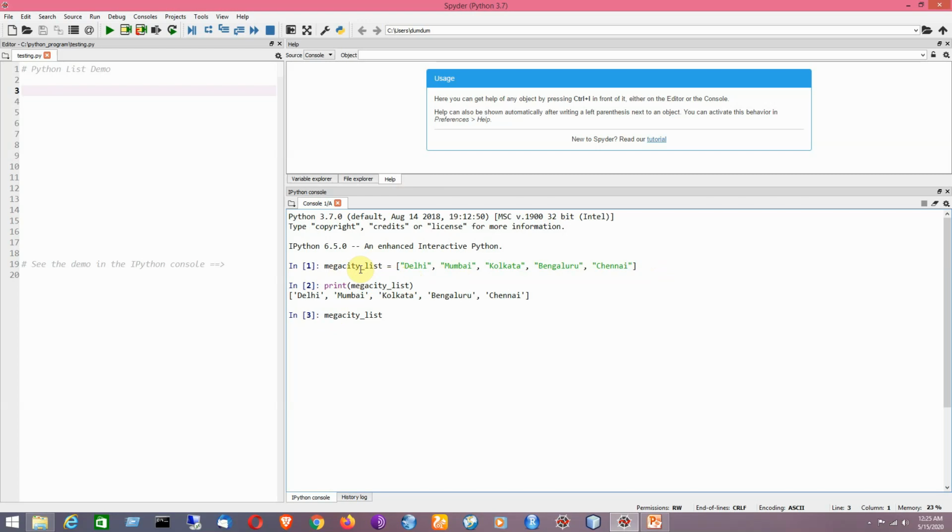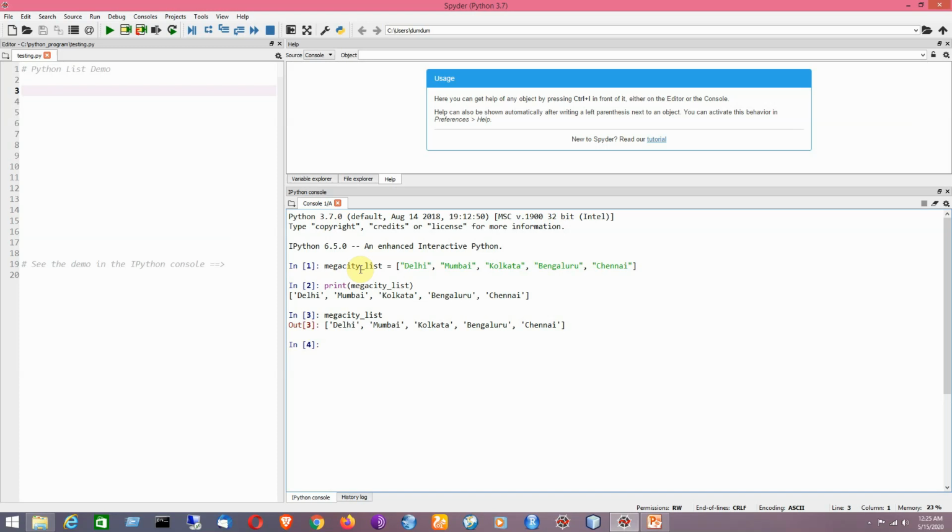So instead of using the print function, we can also print them by using the name of the variable that is representing the list. Okay, so here we can have two alternative representations in IPython console. That means you can print a variable by using its name or by using the print function.